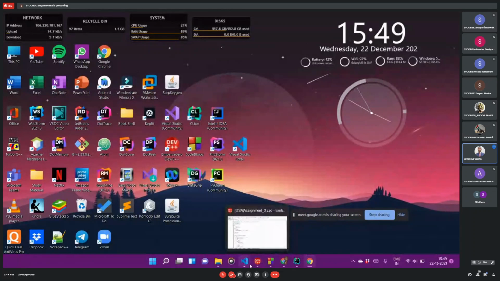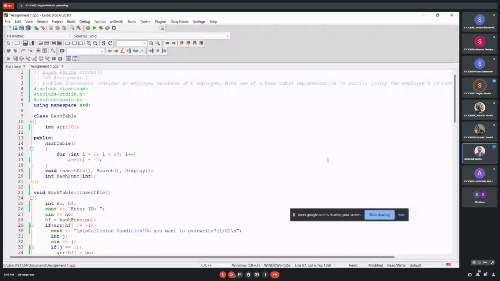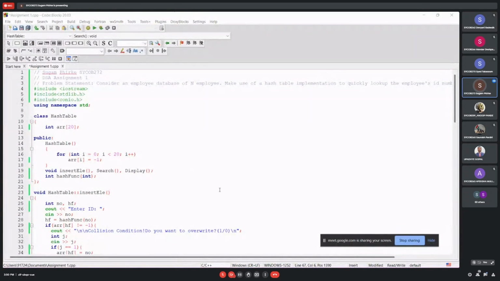Okay, so hashing. Firstly, I have created an array of size 20, and then using a constructor, I have initialized all the elements to -1.